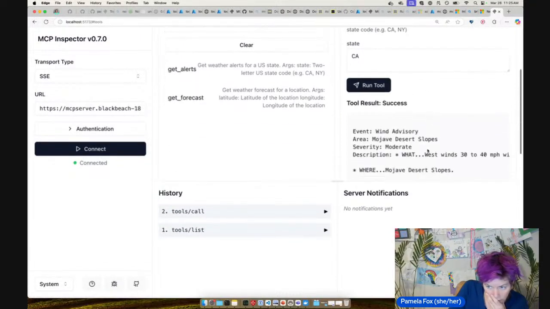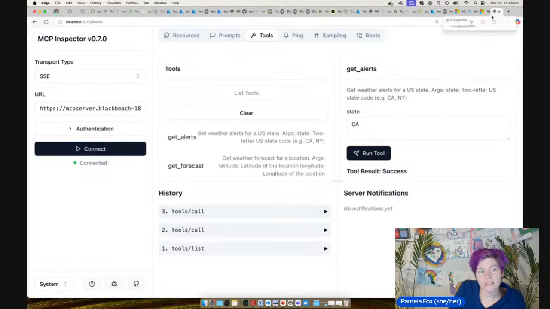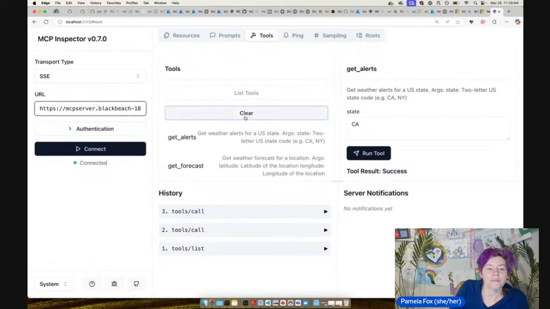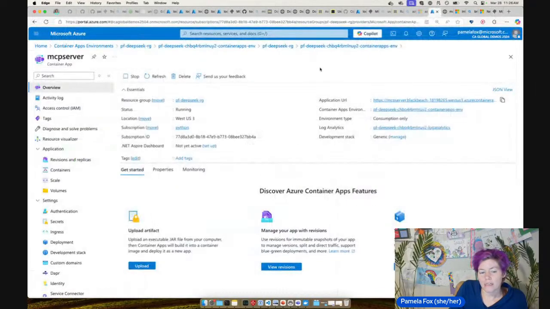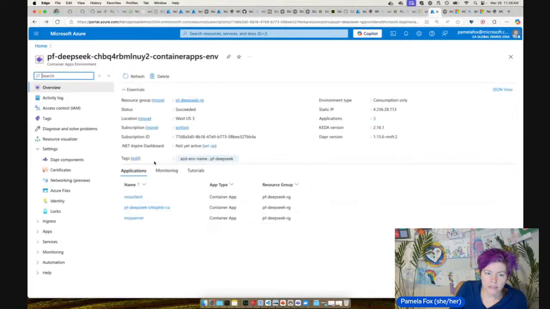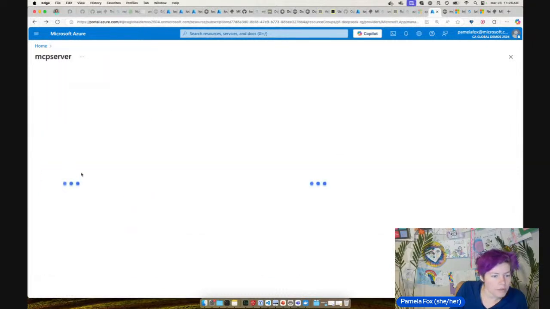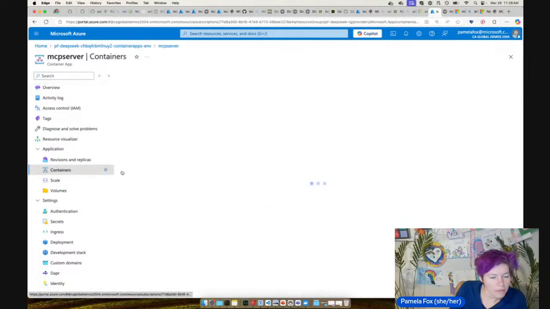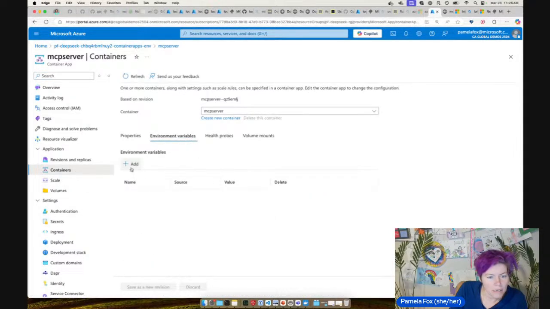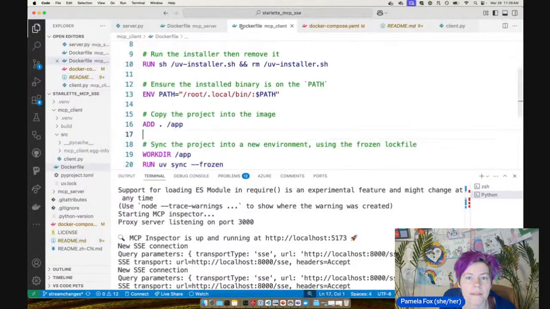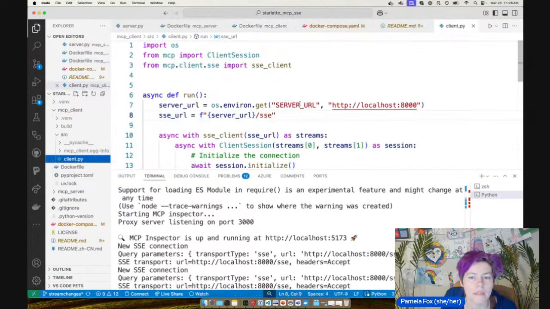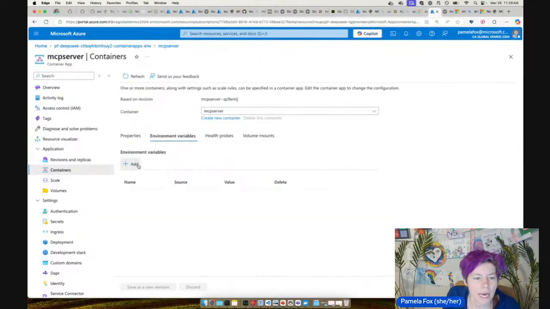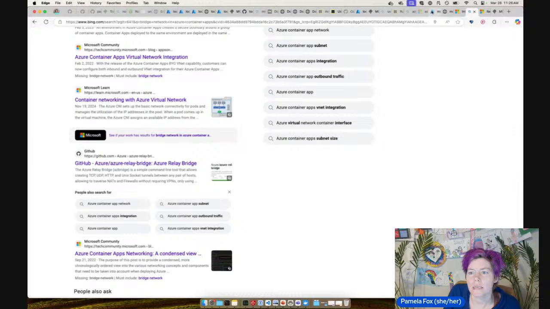Run the tool, success. There we go. We got our alerts. So that's cool. Now, if we look at the logs for the client, since the client right now is configured to connect to a different URL, I wonder if it sets the environment variables on it. It didn't set any environment variables. So we could actually set the environment variable, because remember, we made this an environment variable. So if we add this one and make it the